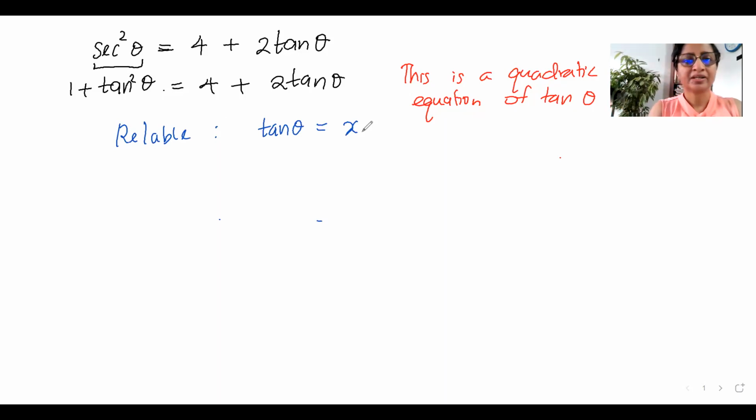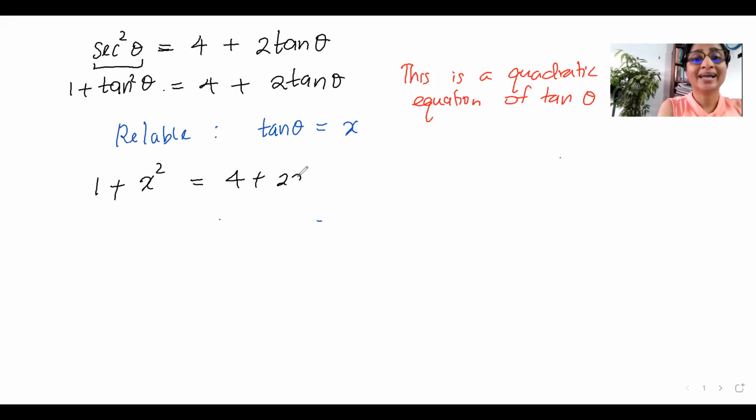Just like that. Okay. So then what would my equation now look like? 1 plus what now? I have tan squared theta. If tan theta is x, what is that then, after the relabeling? X squared. 1 plus x squared equals 4 plus 2x. Then it's a quadratic. So if I bring all the terms to one side, x squared minus 2x minus 3